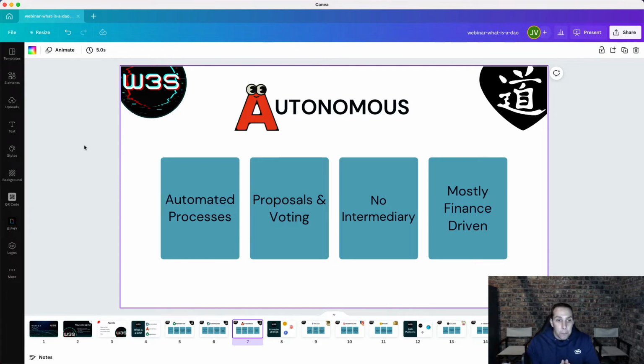Okay. So we've got automated processes. The proposals and voting, again, what happens is the members that join the DAO, they could exist everywhere, and they join the DAO and receive what we call DAO tokens or DAO coins. Now, these tokens or coins represent their influence inside the organization. And in some cases, you might only assign one coin to every single person. The reason why you would assign one coin to every person inside the DAO is that coin might represent their influence when it comes to voting.